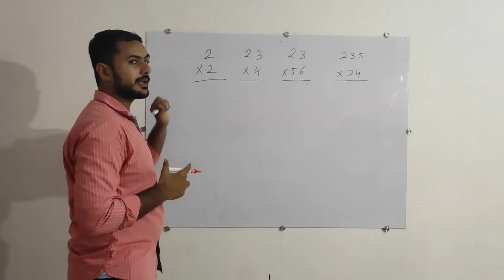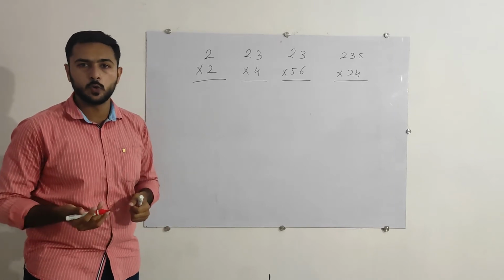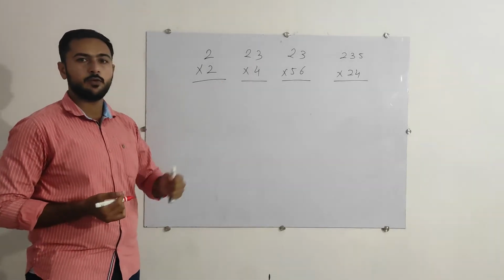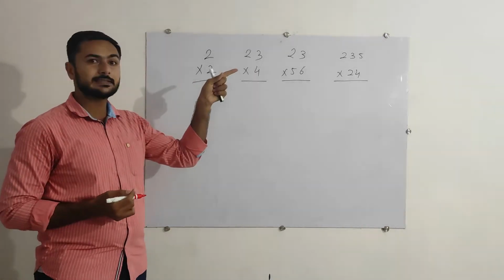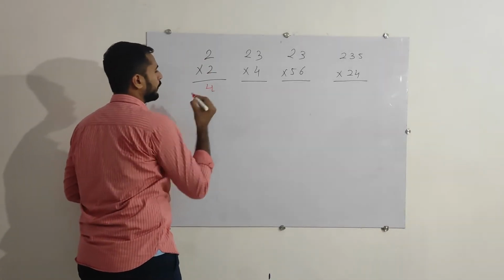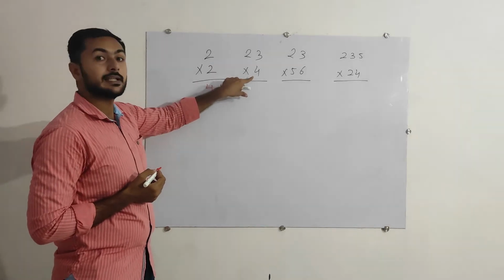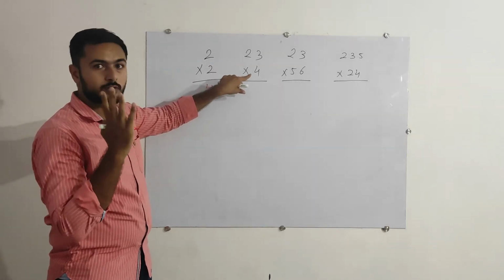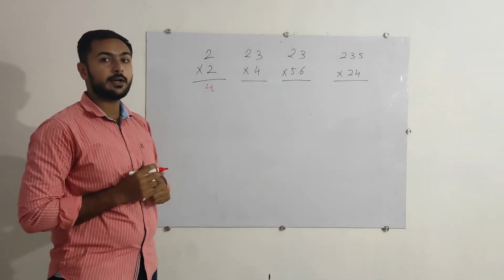This is 2 multiplied by 2. So what we will do? Simply we will remember the table of 2. Here you can see the table for the 2. From there, just identify 2 multiplied by 2. It's there. 2 2s are 4. So here I will just write 4. Fine. Now for this, we will see the table for number 4. Here is the table. You can identify from that.